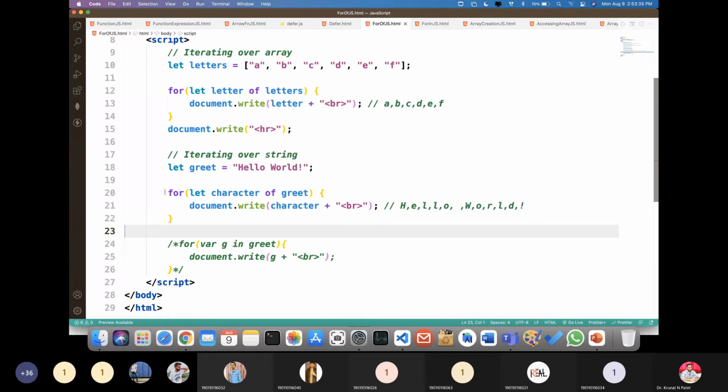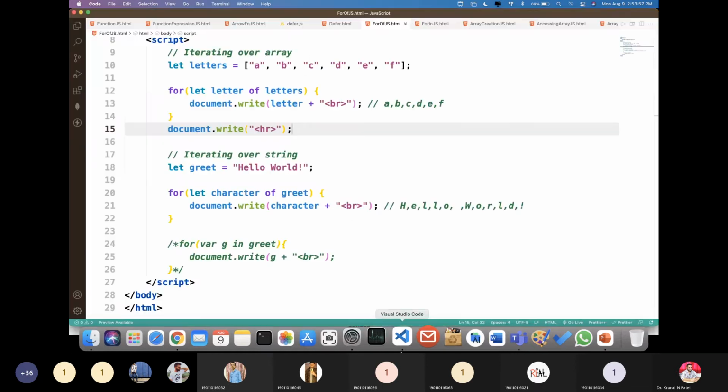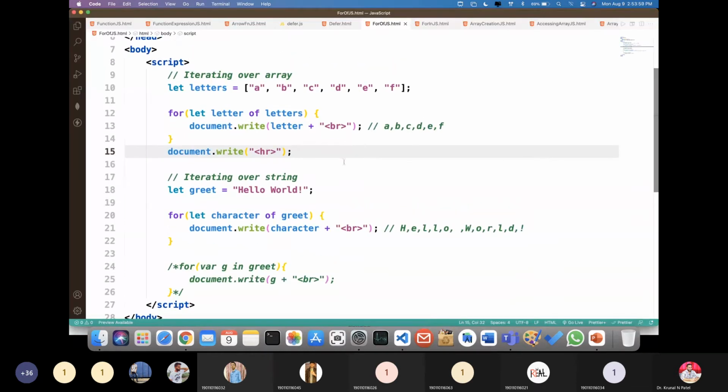It's a very simple syntax of for of, but you just need to remember where to use it, right? So if I execute this code, then you can just observe this is the output, right? You can see the particular output one by one. So here is the very simple example, that is for of.